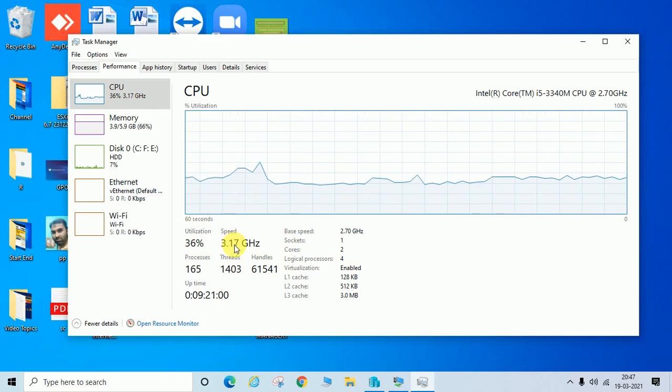Speed is 3.176, it will vary. And here you can see the CPU socket detail, core detail, and logical processor details. So cores are 2, socket 1, logical processors 4, and virtualization enabled. So these are the basic information of CPU.